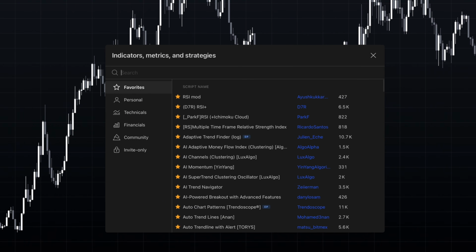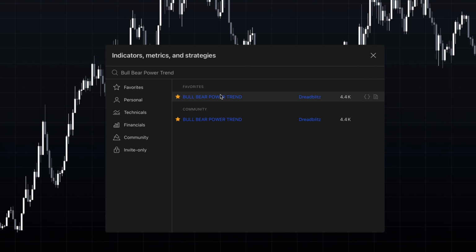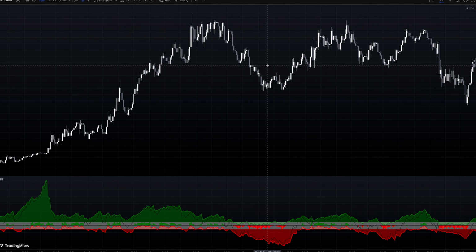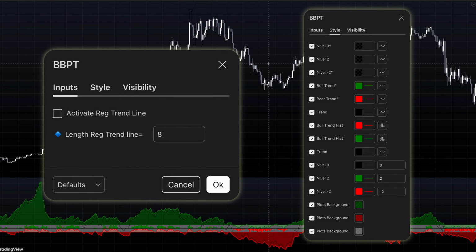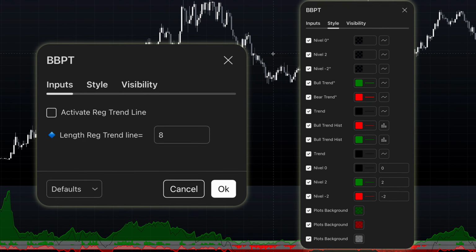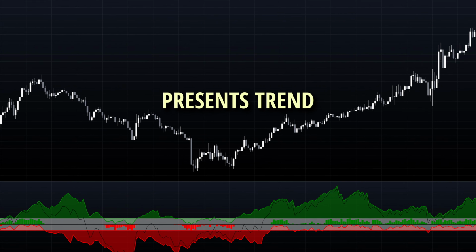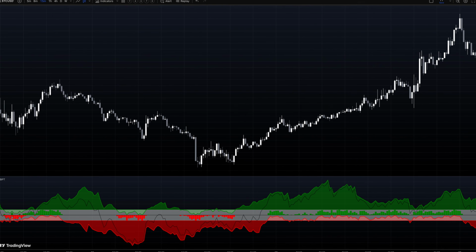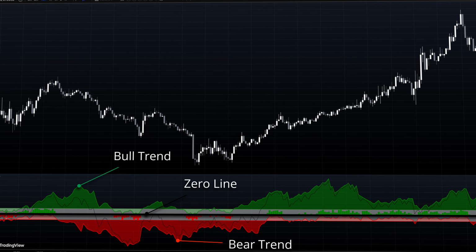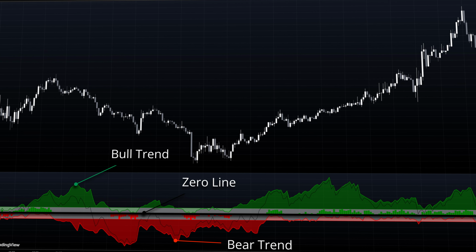The Bull-Bear Power Trend Indicator by DreadBlitz measures market strength by comparing bullish and bearish forces. It displays separate bull and bear lines along with histogram confirmation signals and a trend line showing the difference between these forces. This indicator presents trend dynamics through several components: a bull line, green, that stays above zero, a bear line, red, that remains below zero,